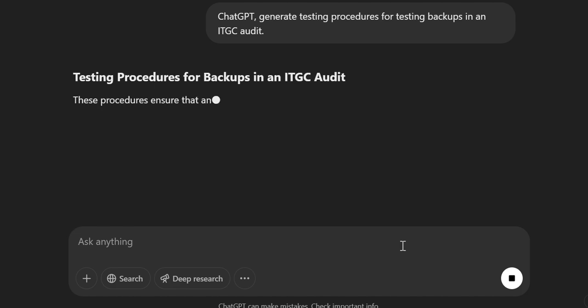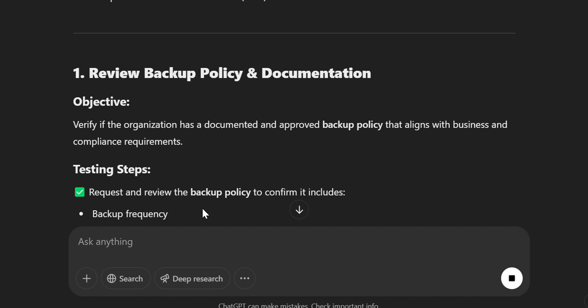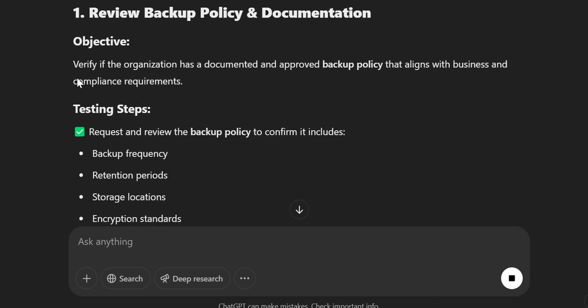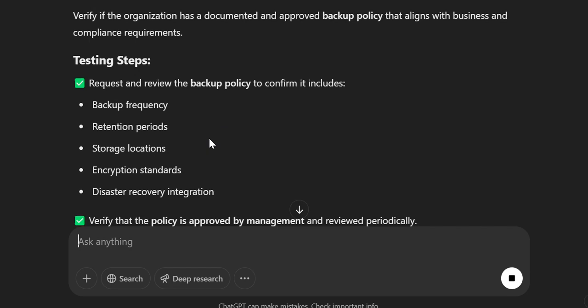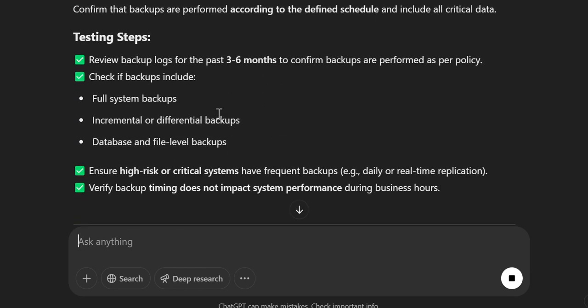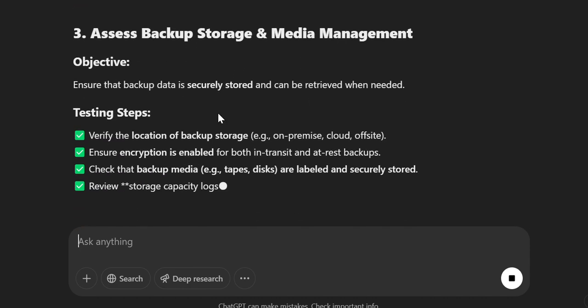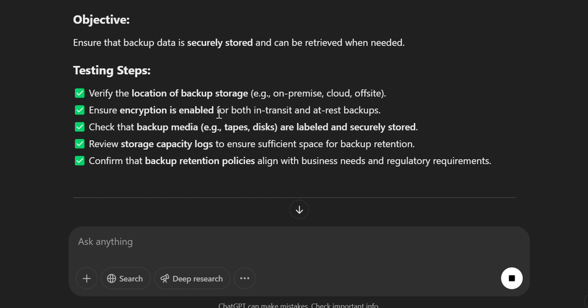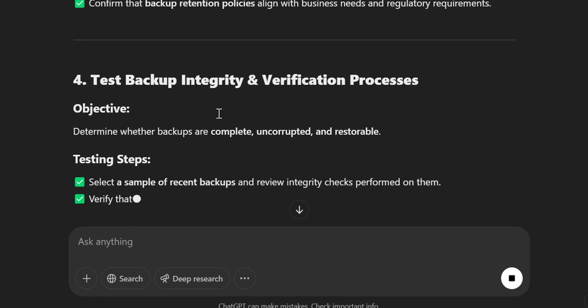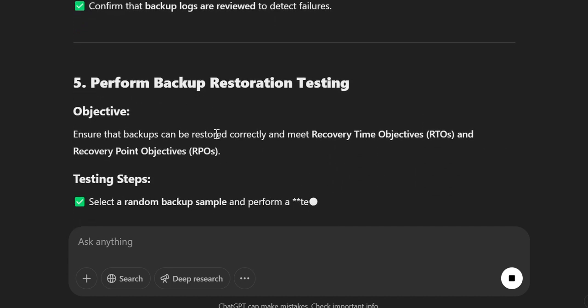Right, there we go. Some testing procedures there. The objective, the testing steps, and the checklist. So this is much, much more user friendly. And I think one thing that we can probably do, because this is a checklist, we can maybe customize it further. So there are a lot of customizations, but as this is the last prompt, just as we summarize everything,